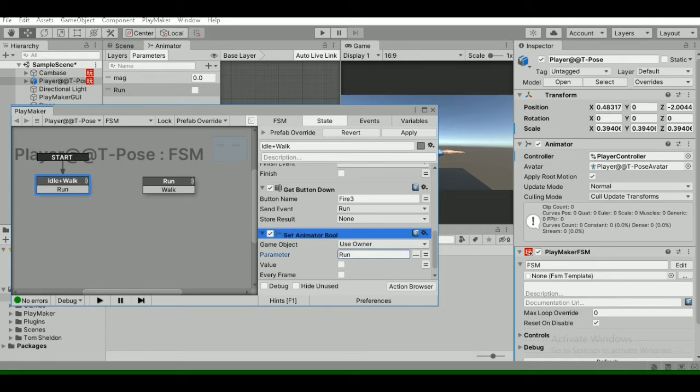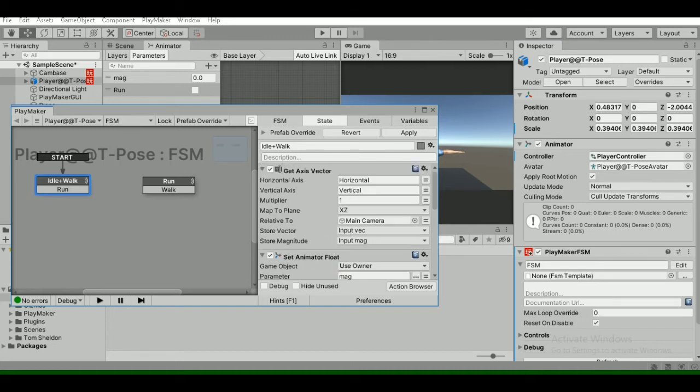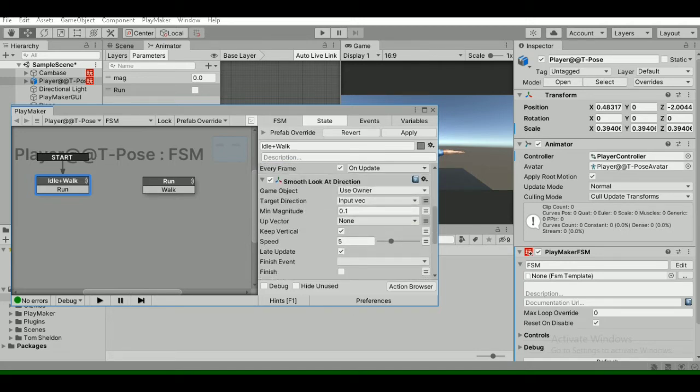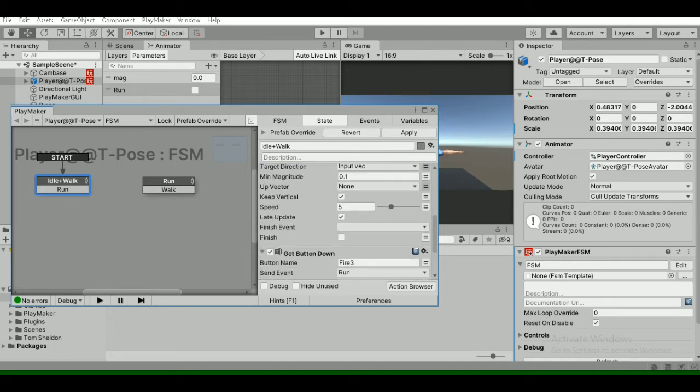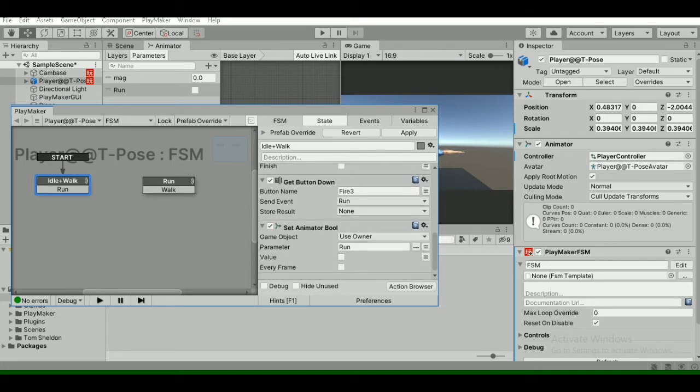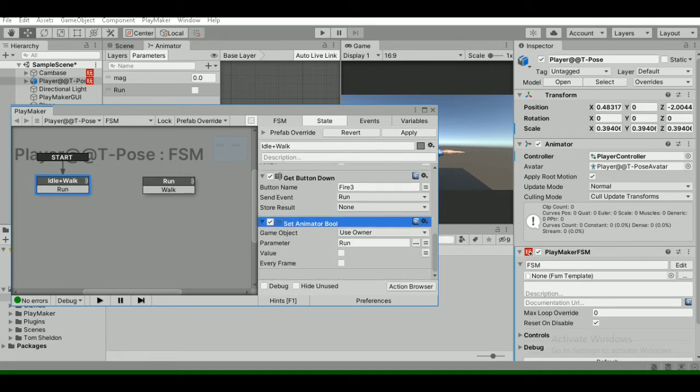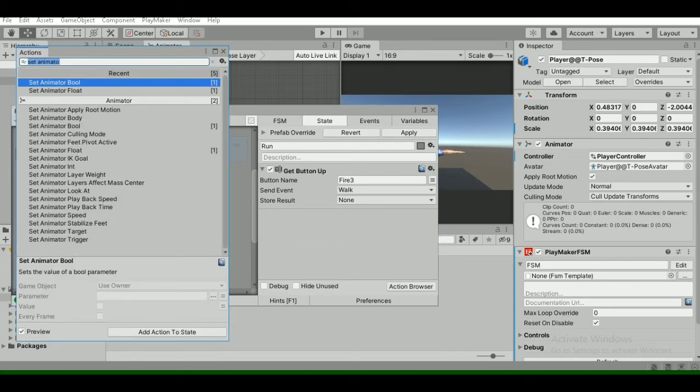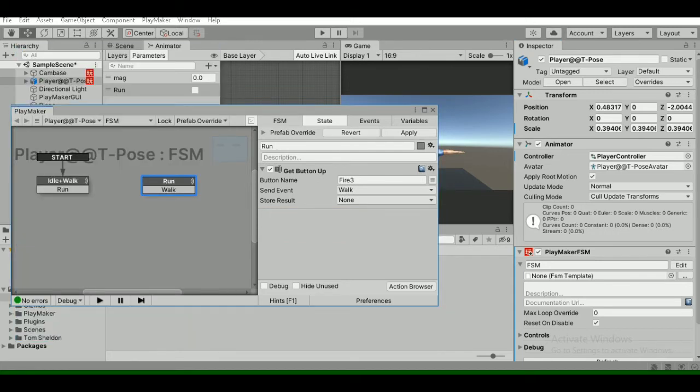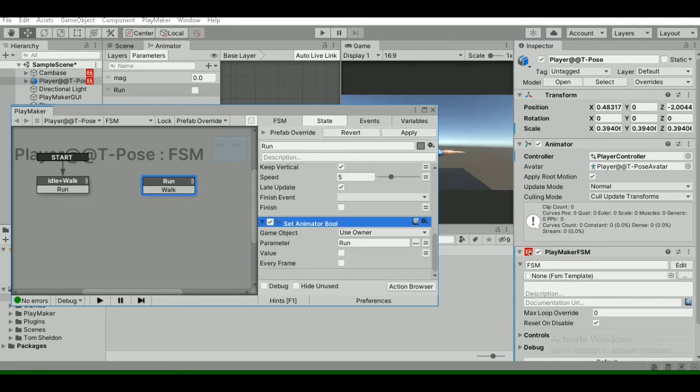Okay, so now you just have to copy these and paste them here into the run tab and make a change: in this set animator bool make sure you check mark the true value.